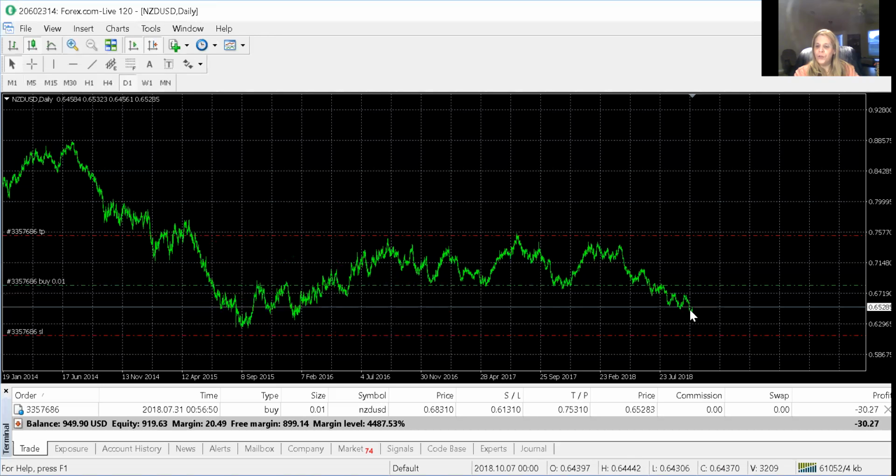And going where our trade is right now at a negative $30.27, it did go down to negative $29.95 before we started. It will get back there. Don't worry about it. Because looking at this, it is sitting right where its current price is, 0.65281. Now, if you go back, look left, and trace it back to where it was in the same area,